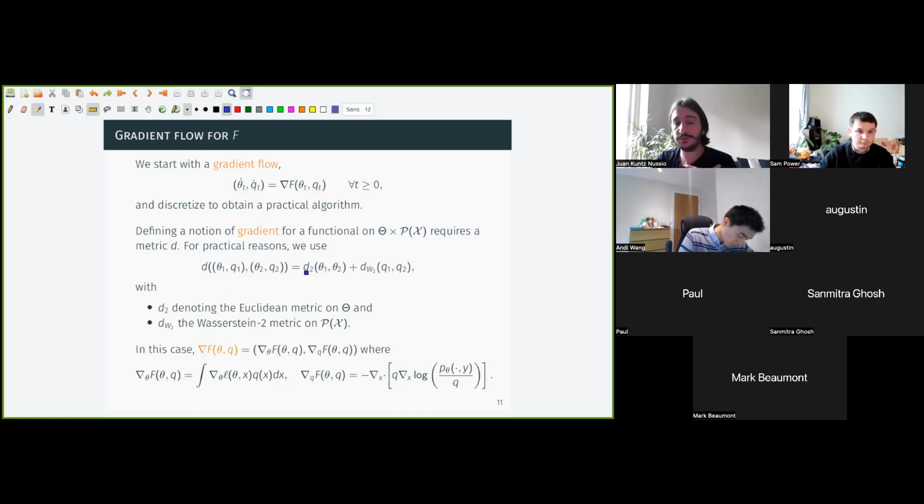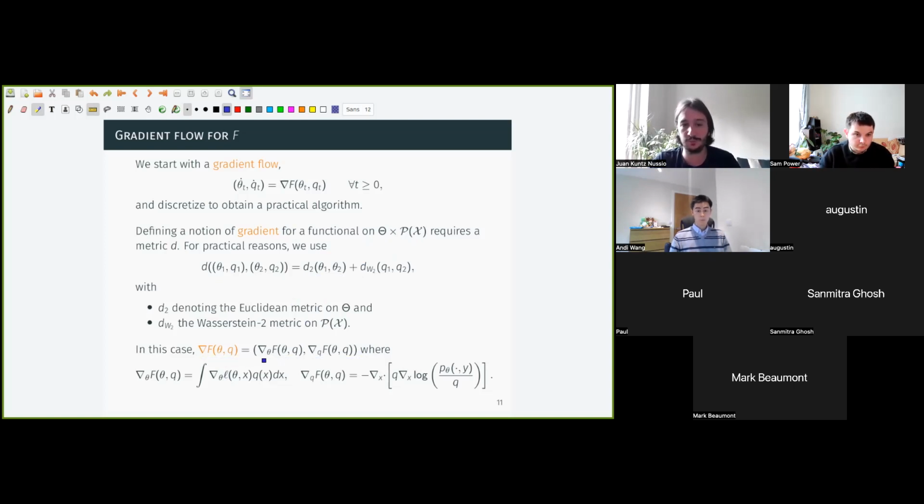And the metric we used is very simple, and we picked it for practical reasons because it gave us a gradient flow that was easy to approximate and run an approximation in practice, not for theoretical ones. I really don't think this is the best choice of metric you could choose here. If anyone's interested, ask me and I can elaborate on what I think is good. But the one we chose is just the sum of the Euclidean metric on the parameter space and the Wasserstein 2 metric on the space of probability distributions of the latent variable. And once you make this choice, the notion of gradient that you arrive at is given by this.